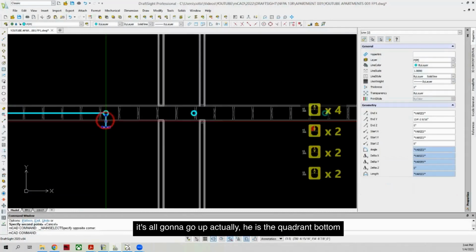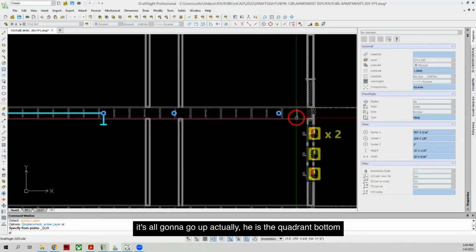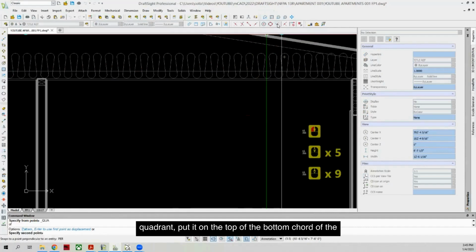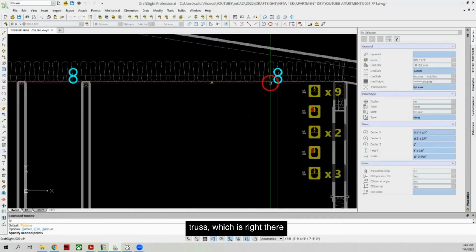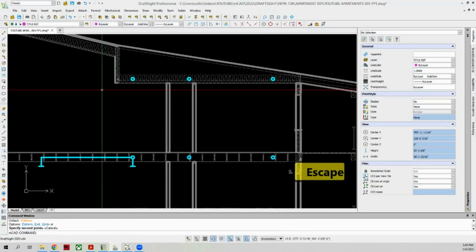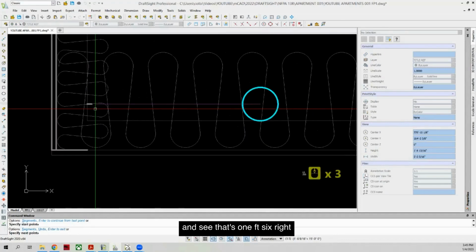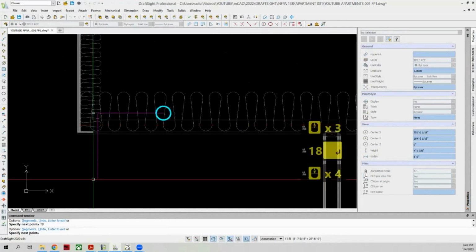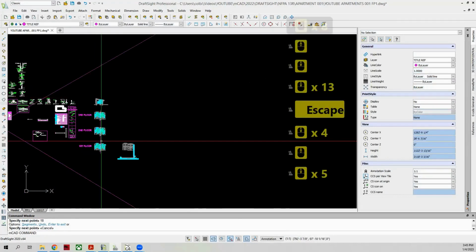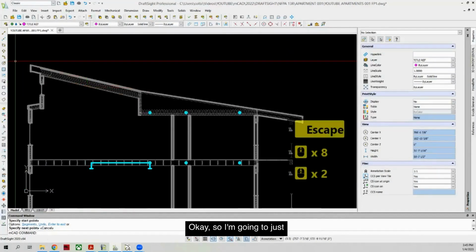it's all going to go up. Actually, we use the bottom quadrant to put it on the top of the bottom chord of the truss, which is right there. And see, that's 1'6" right there. I'm just gonna do it with that. Wait, what does my thing say? 1'1". Okay, so